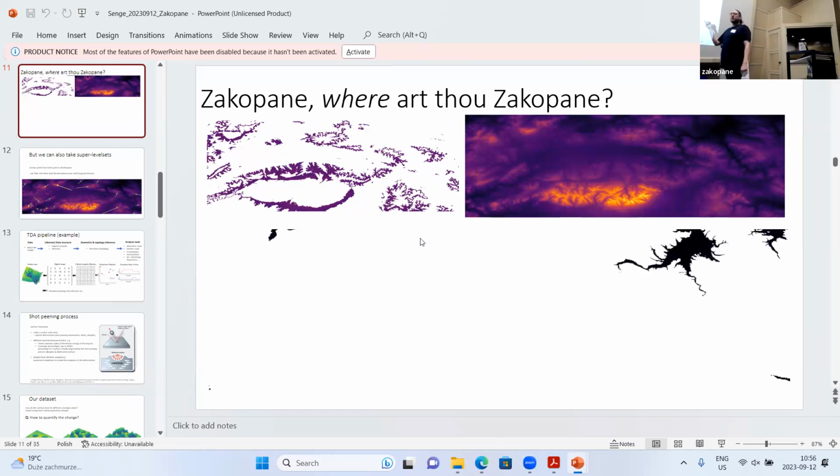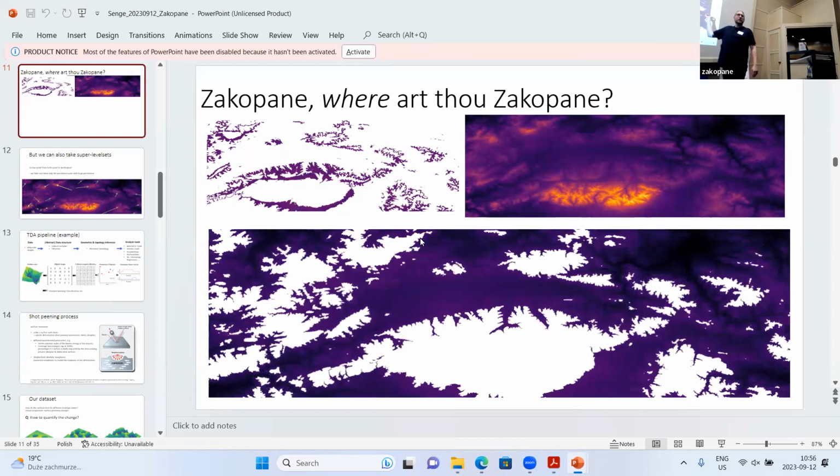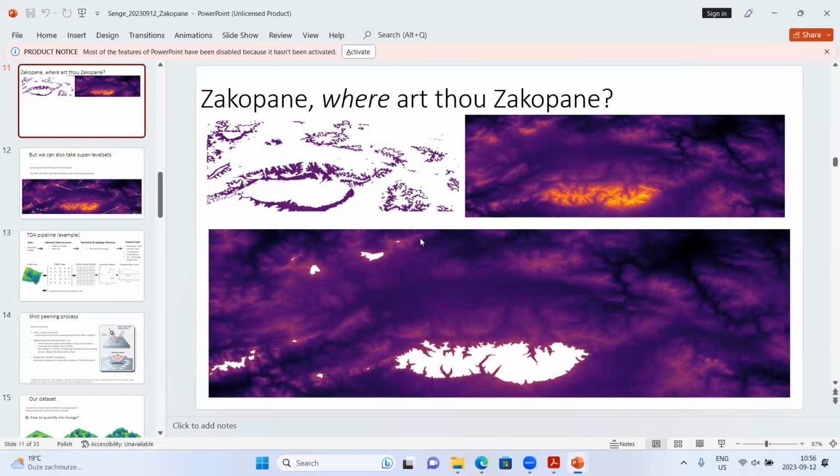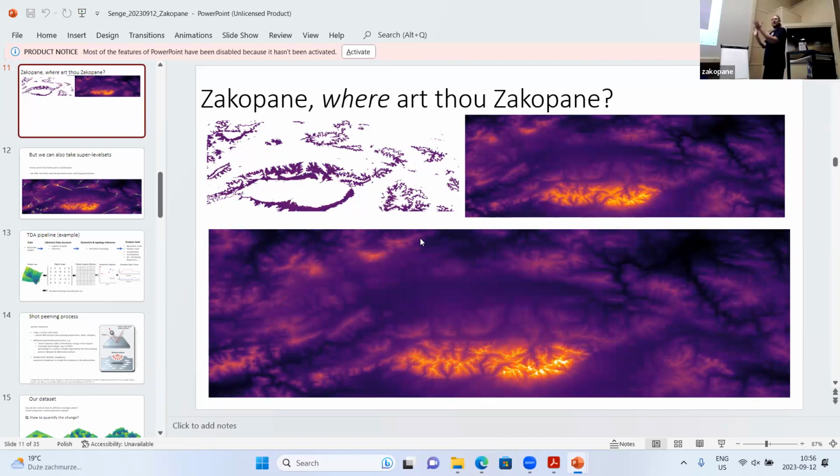Obviously, I'm not showing that, but as a fun example, you can distinguish different patches and mountain regions. And then think about, okay, well,